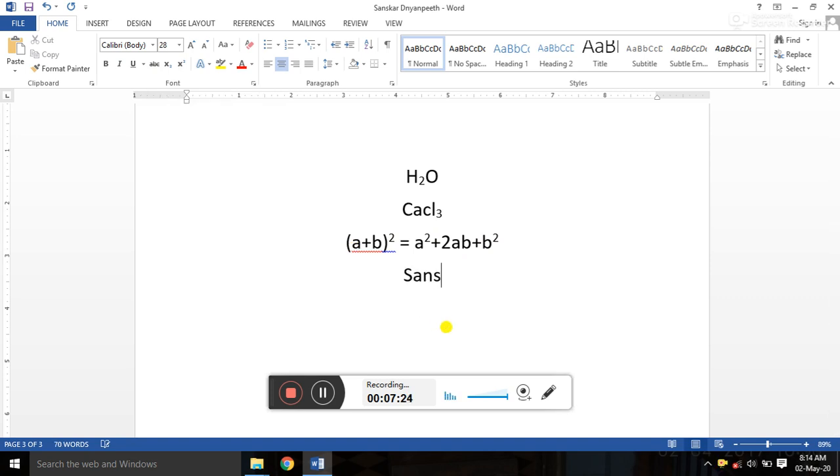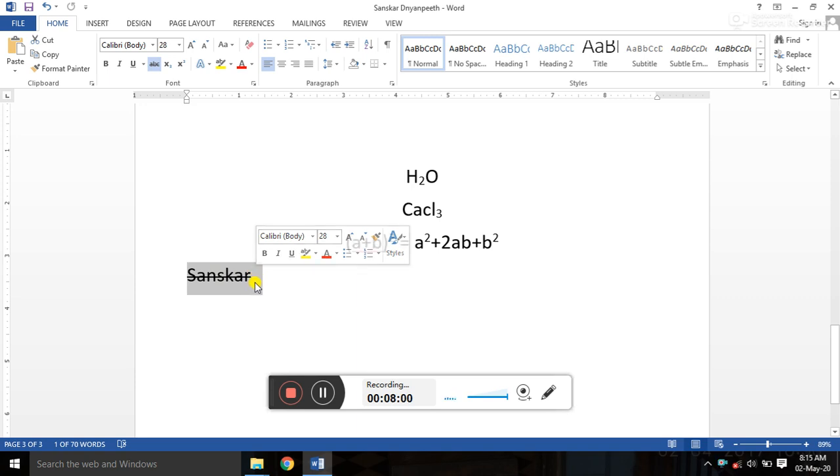If I am going to write, for example, Sanskar, and while typing this text I want to perform the strikethrough operation, now see here, a line appears through the word. Many times, whenever you search for data on the internet and the text you entered into the search engine is not found, there is such a line on the text you wrote, which means that the text is cut, it means that the data is not available on the internet.